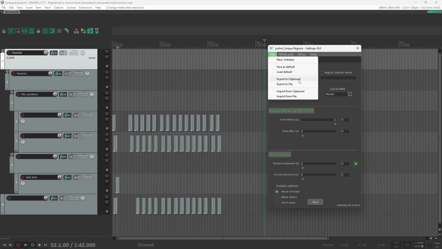Then we also have the option to export to clipboard and to file, and import from the clipboard or from the file. That might be useful if you have multiple setups for my script, which, for example, differ for sound design setups and sample editing, or you're working in a bigger team and want to share the setups